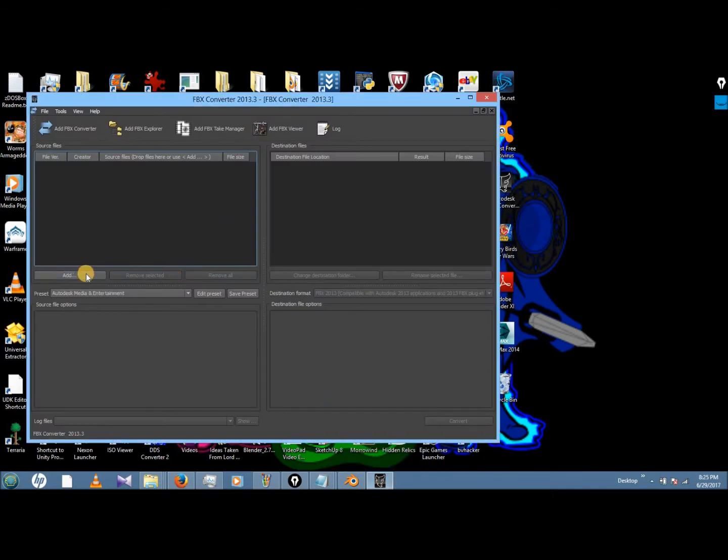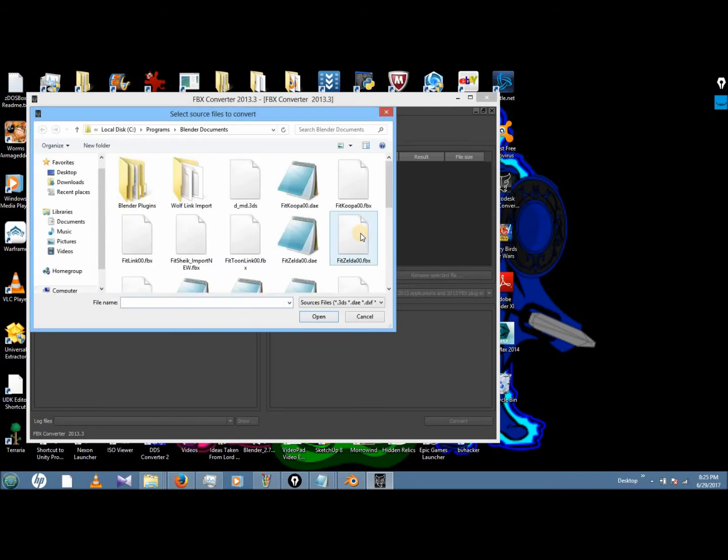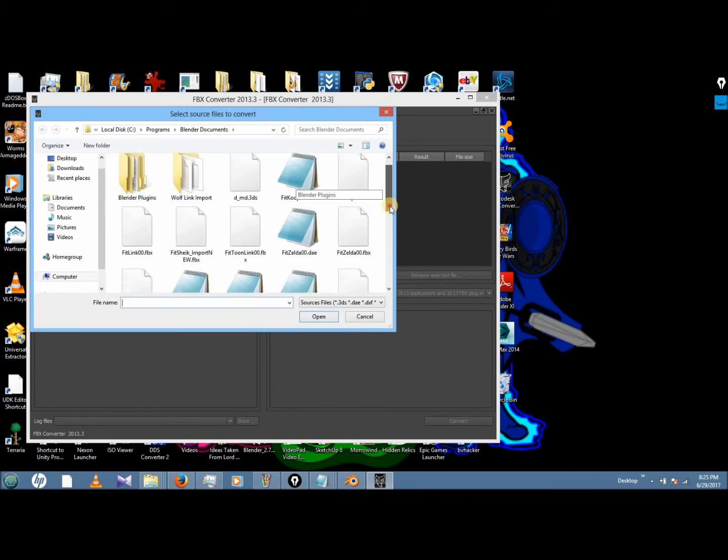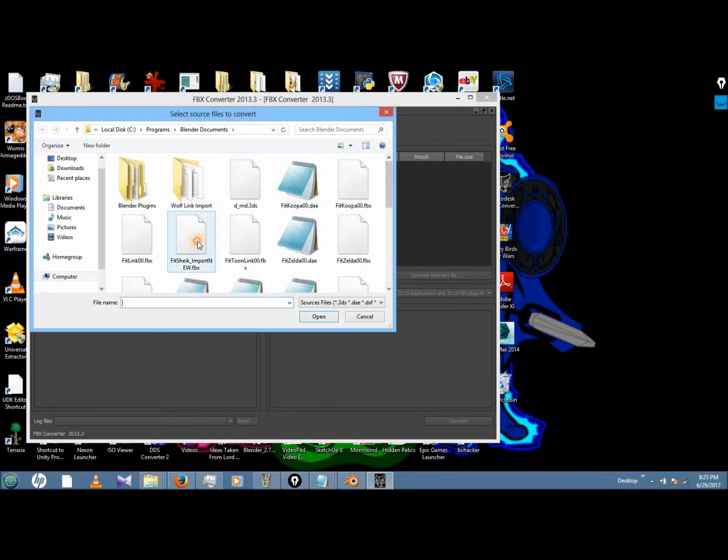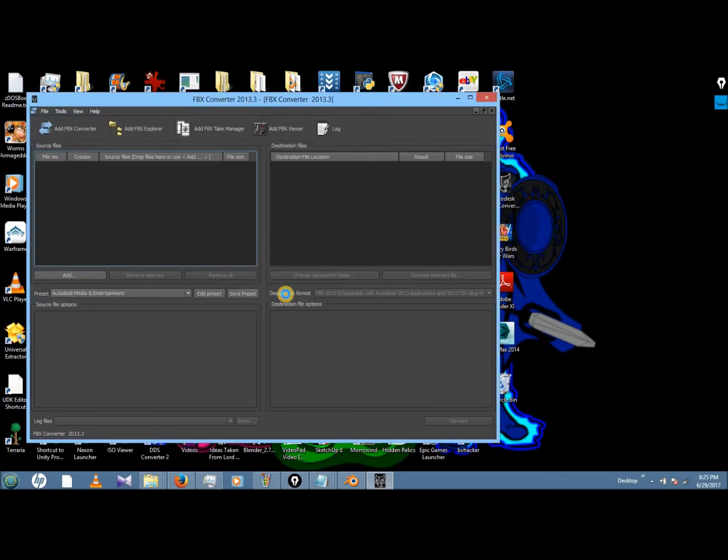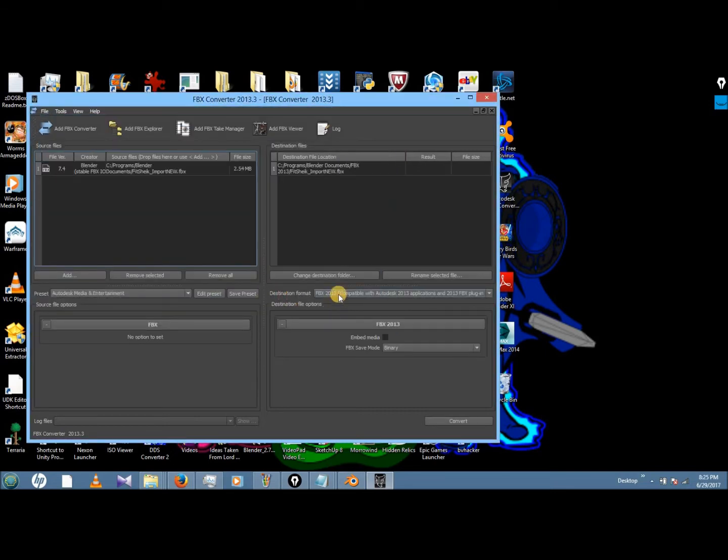When you open up FBX Converter, you're going to click Add again, only this time you're going to choose the FBX that you just exported, which in this case would be that. And then instead of FBX, you want DAE Collada, and then click Convert again.